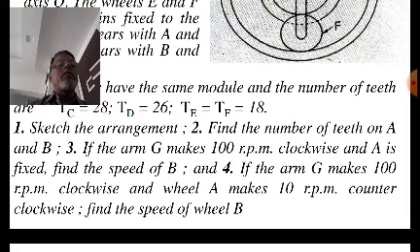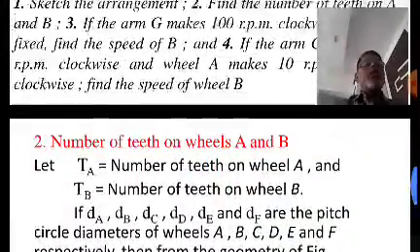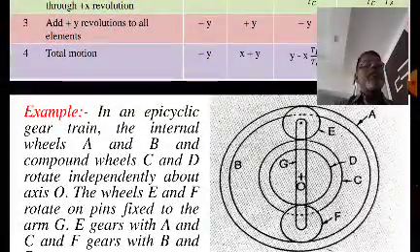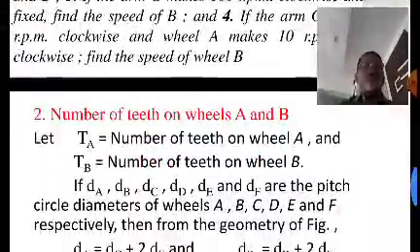And the fourth, he has asked: if the arm G makes 100 RPM clockwise and wheel A makes 10 RPM counterclockwise, find the speed of the wheel B. Okay. Now, first you have to sketch this if it is not given, and then according to this sketch,